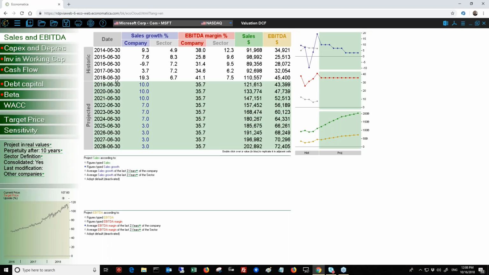The period that we're working with is 10 years. You can see here on the left-hand side, perpetuity is set to 10 years. This is an option that you can change. We'll leave it as 10, but know that you can change that period,